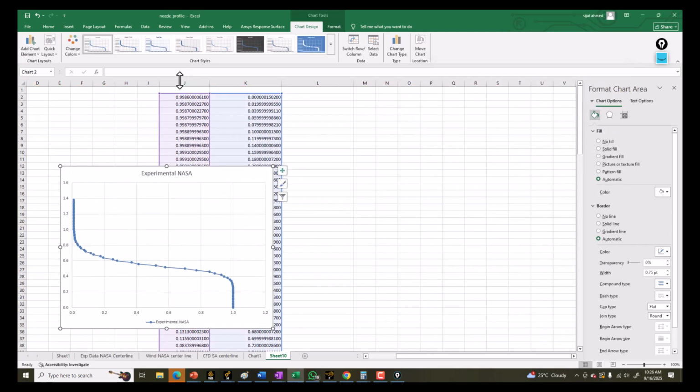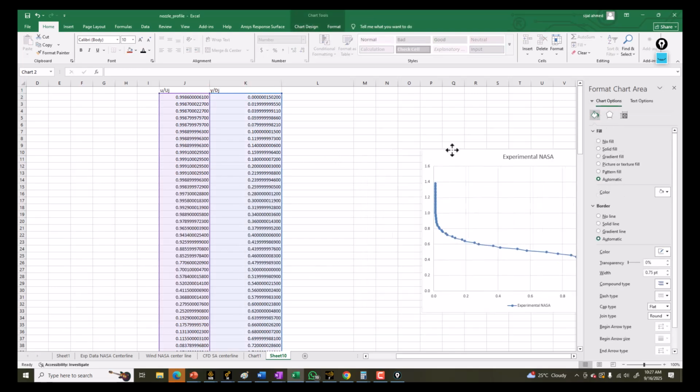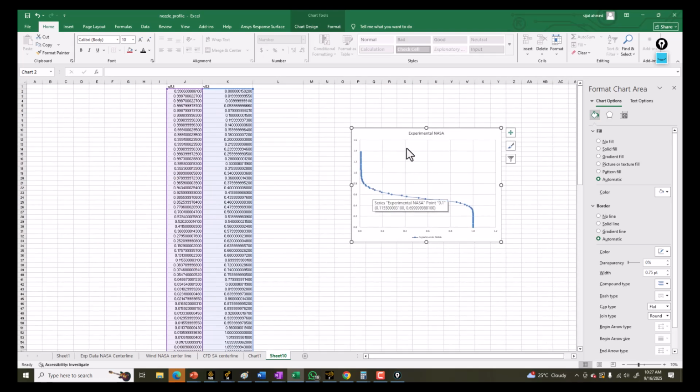The first thing is the velocity, that is the u upon capital Uj. And this one is the y upon dj, the diameter of the jet, that is the nozzle exit. So now we have the two values here, and our title would be the